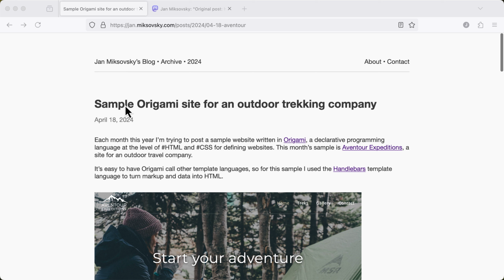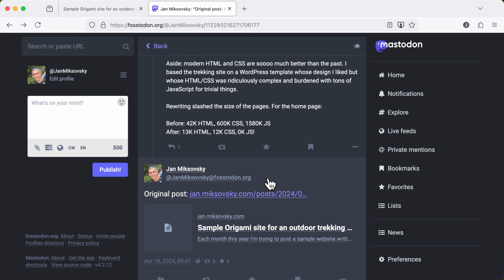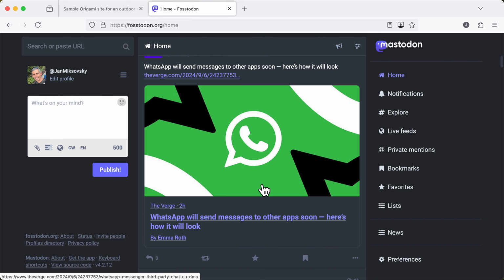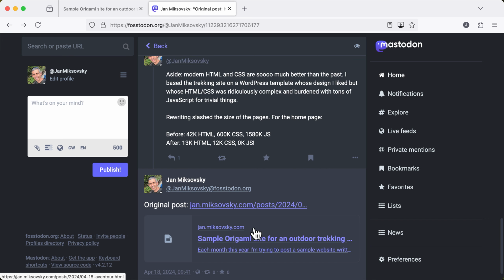So I've had this blog for a long time and it has RSS feeds. Until recently though, when I've posted a post from my blog on something like Mastodon, the post would look like this. The Mastodon server goes out and grabs the title and some text, but it's a little boring. And what I want is for posts to show up with images like this. It's a lot more engaging. So I wanted to add OpenGraph images to my blog posts, and I'm going to show how I do that